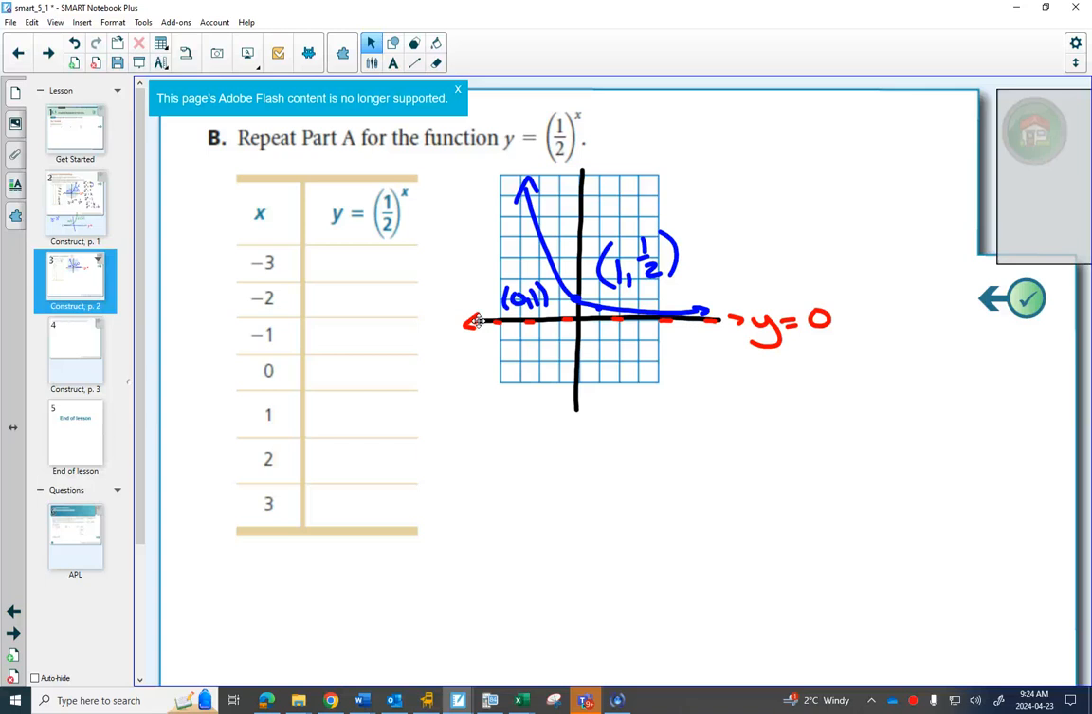Okay? Transformations, how do you do a horizontal flip? There would be a negative with what? In front of the function or in front of the x? Right? Horizontal would be in front of the x. So,